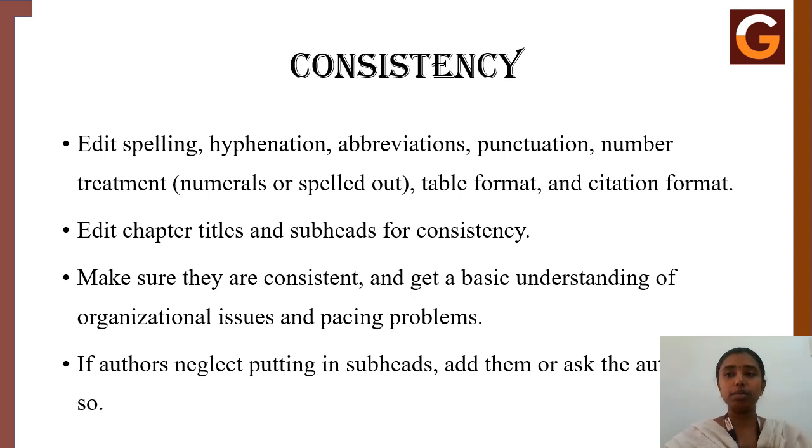So number treatments are nothing but the numerals or the spelled out number names when you mention it, and the table format and the citation format. Suppose if you're employing the MLA or APA format, in that case, the same has to be maintained. So if you're writing or framing your bibliography in such a manner, the same format has to be followed throughout. So including the formatting and the font size, everything has to be looked at, and there should be consistency